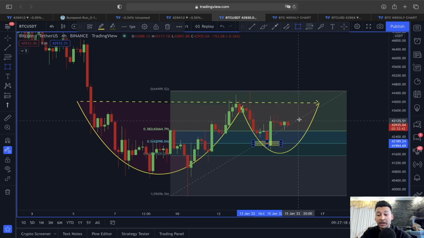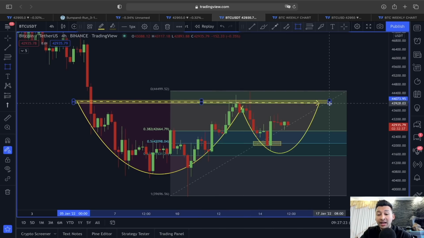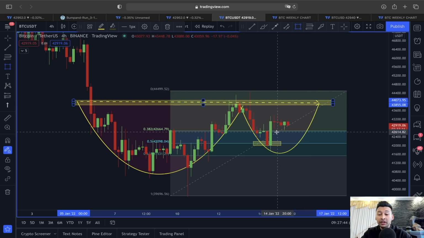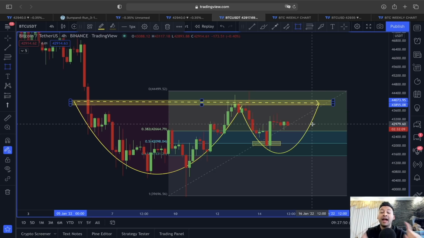If this is going to be a handle path, then to form this actual breakout scenario, the neckline here, which is around 44,400, 44,500, must be flipped into support, because as long as the price remains below that range, this could act as a temporary relief rally before price again starts this downtrend. So we have to be very, very careful at this current stage.